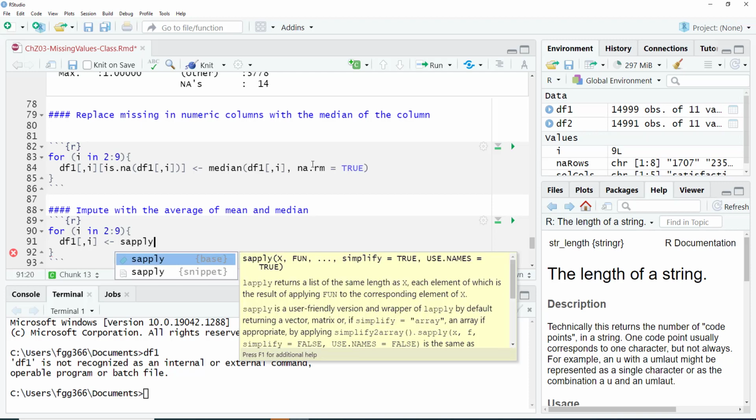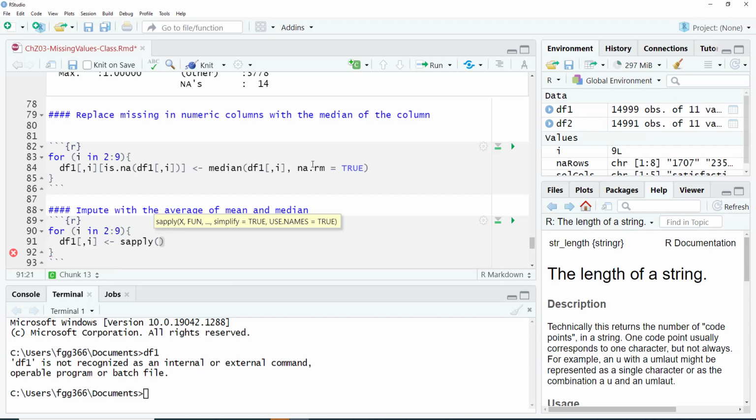So we say sapply. Now, sapply has what? The x, the vector, and then a function that goes with the vector. So we say df1,